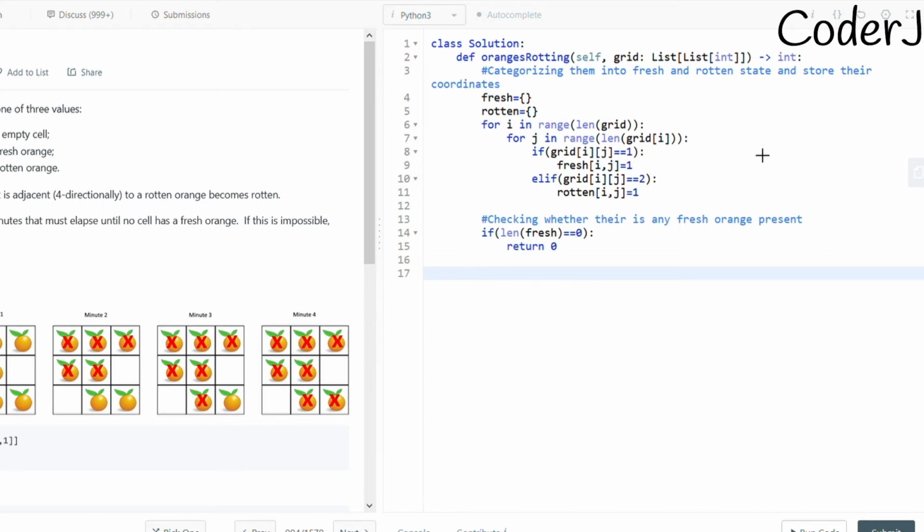And now let's start. Now what will be my last step? My last step will be I have to keep rotting all the fresh oranges until none are left. You can do that using DFS or a BFS. It's totally up to you. I'll use BFS because that way it will move faster. So let's actually write it up. So keep rotting fresh oranges until none are left.